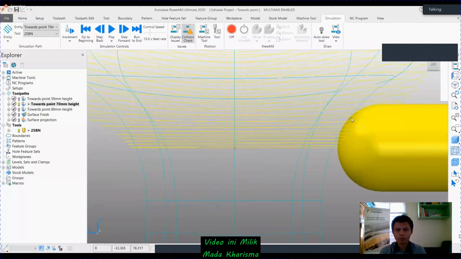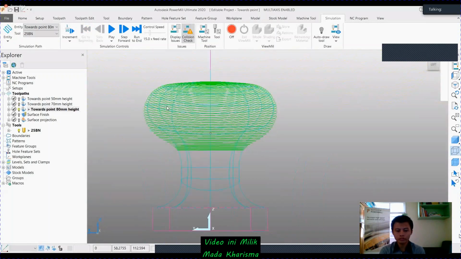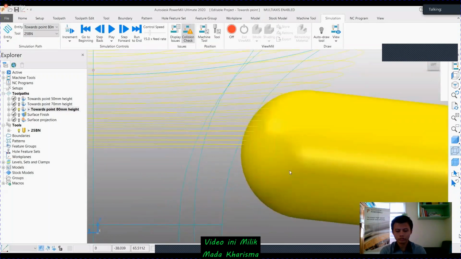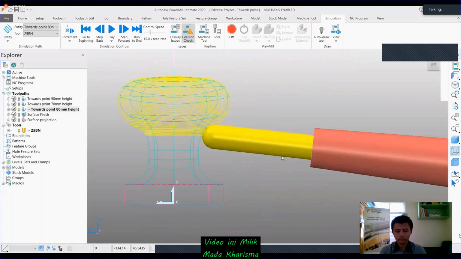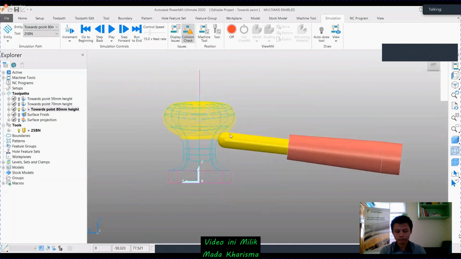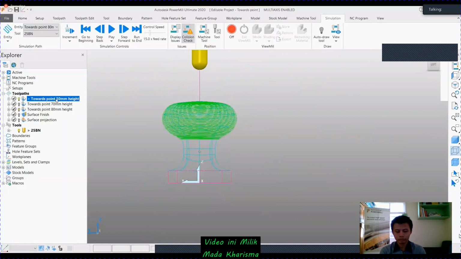So the third one is 80 mm. Okay, so what will happen? If you take the last point, you can see it now actually goes beyond our perpendicular limit. That means minus limit. Okay, so if the machine has this option, we can go ahead, or we have to stop before 90 degree. So how I have given the control for these points, just open any of the toolpath strategy here.